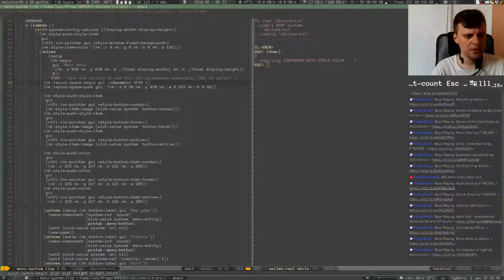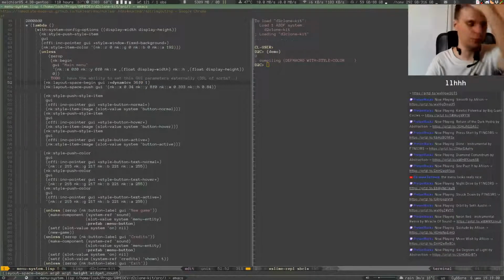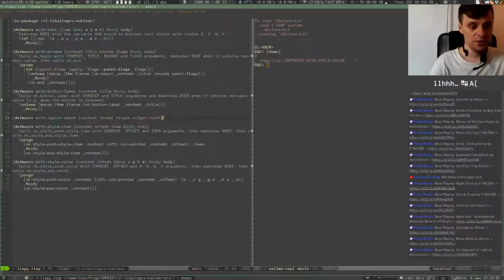Alright, and I think I also should convert that automatically to float, so that I can just pass int, because this F0 everywhere is just painful. Okay, so